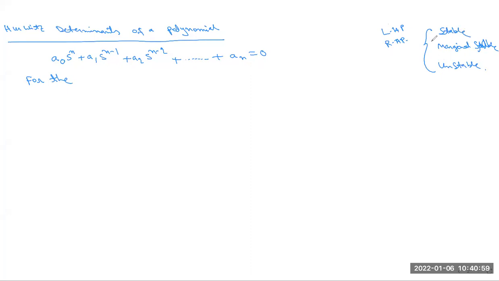And when most of the roots are present on the imaginary axis, this is basically the marginally stable condition. And when most of the roots are present on the right half plane, this is basically called the unstable form. So now in these equations, for the roots